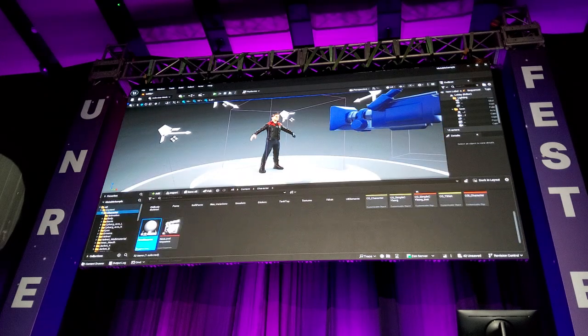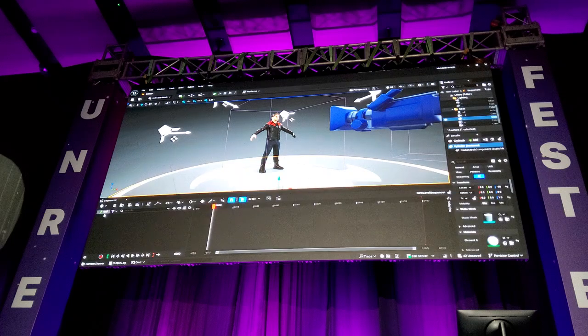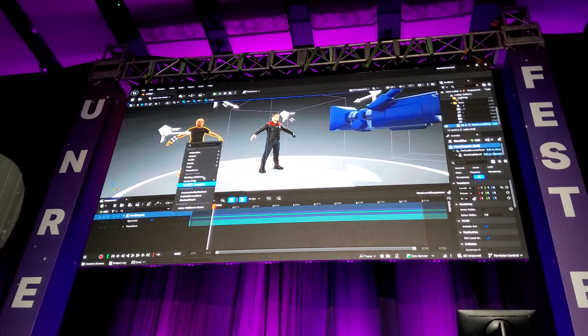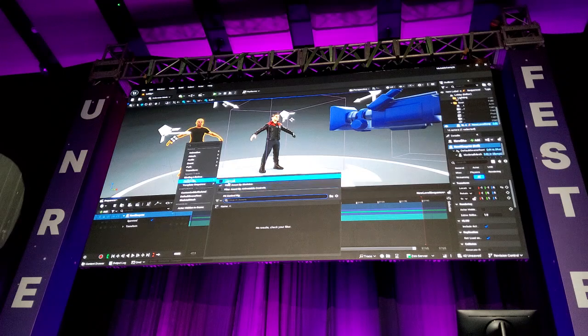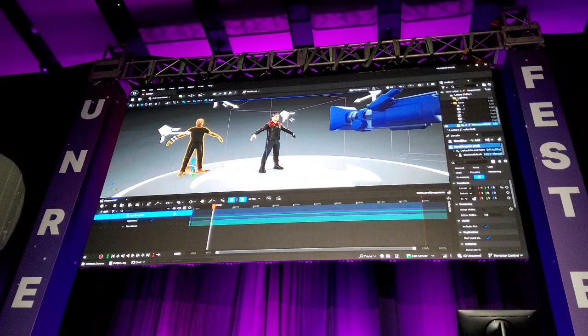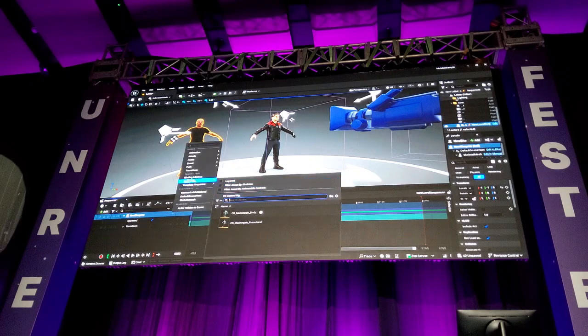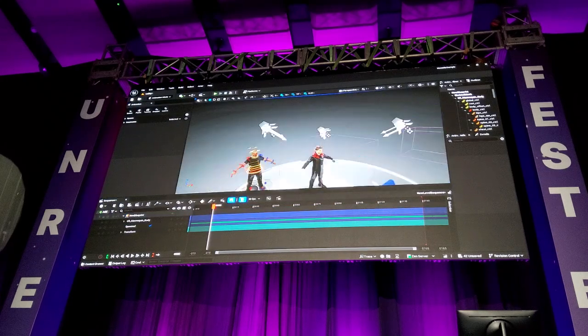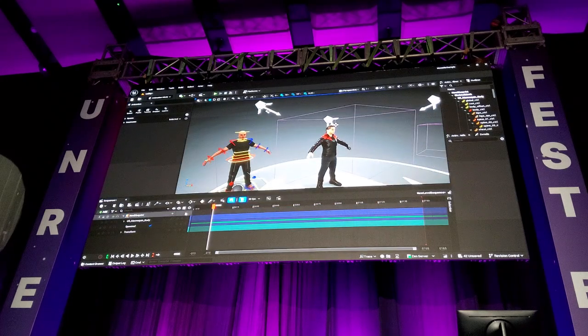And I'm going to go to my content drawer and add my actor from the content browser. So I've got my customizable character here with my customization, and I can add a control rig. Yep, body. I've added a control rig, and now that I have that particular instance,